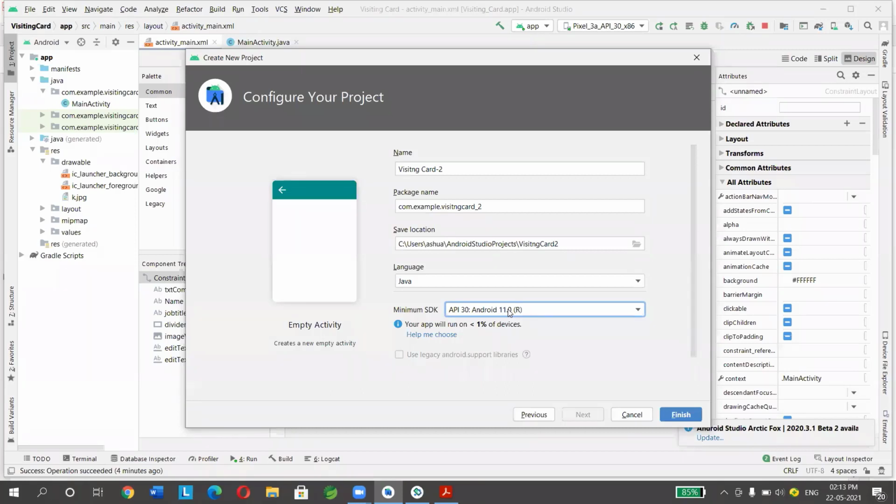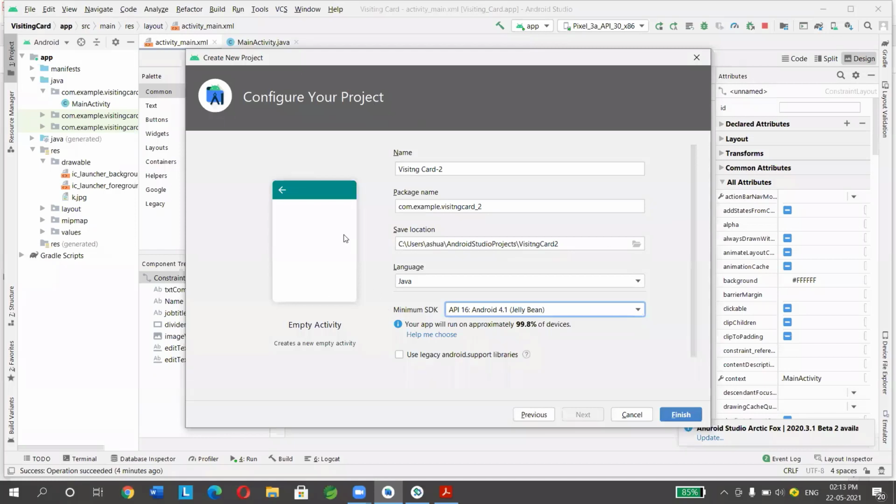But an application should be supported by the maximum number of devices, right? That is the reason right now we will select API 16, Android 4.1, an earlier version. If you develop using this API, we can run the application on 99% of Android devices.